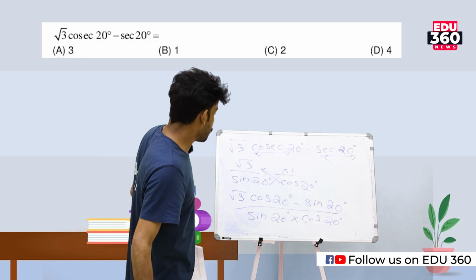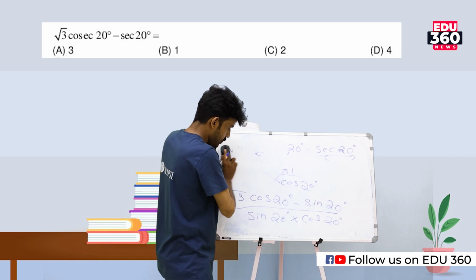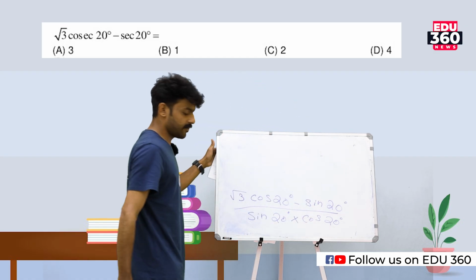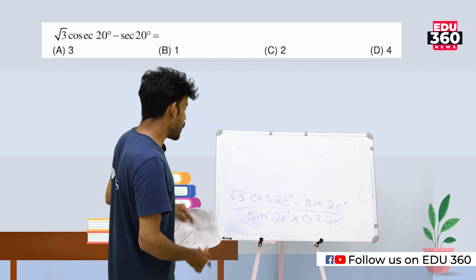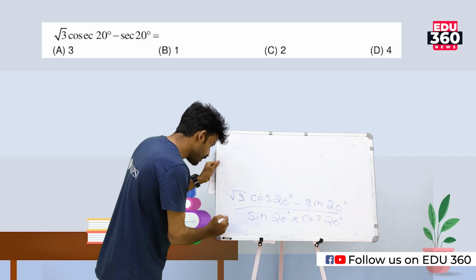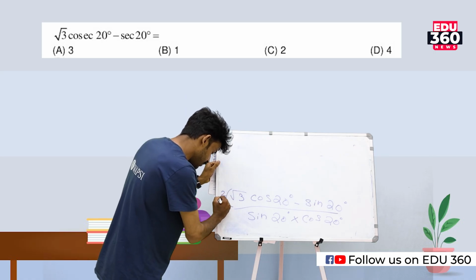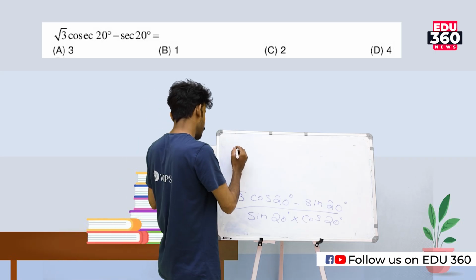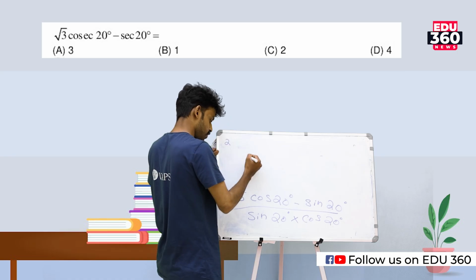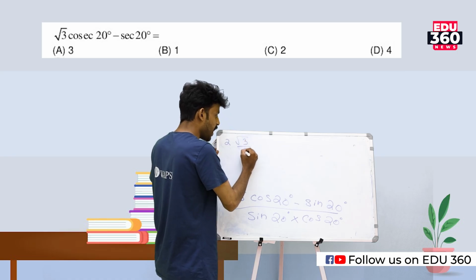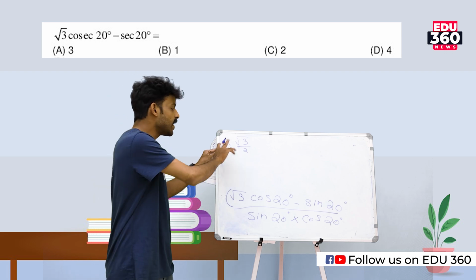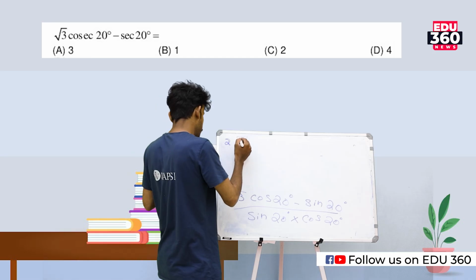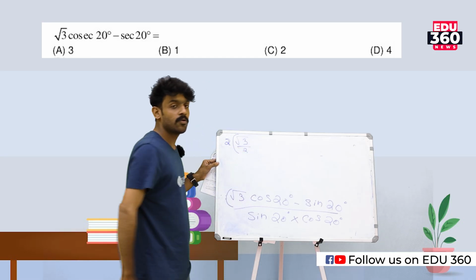So in the next step, for the numerator, I'm going to multiply and divide it by 2. Let me show here. For the numerator, that is root 3 cos 20 degree minus sine 20 degree, I'm going to multiply and divide the numerator by 2. So it's going to be 2 into root 3 by 2